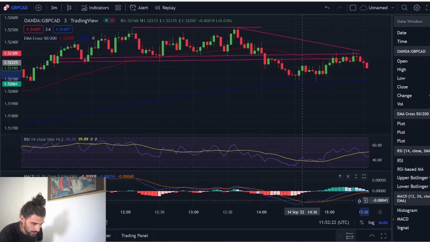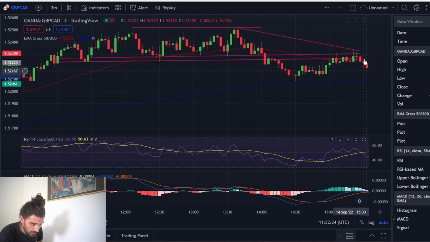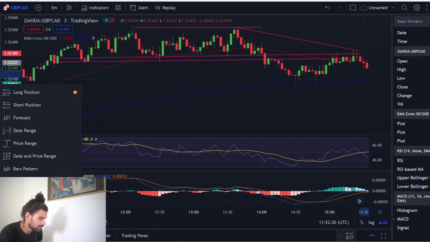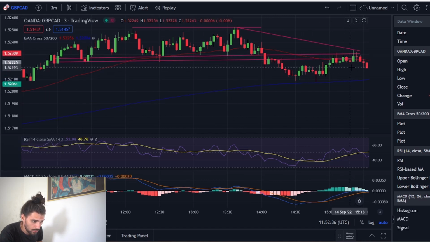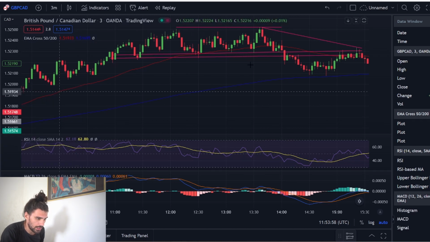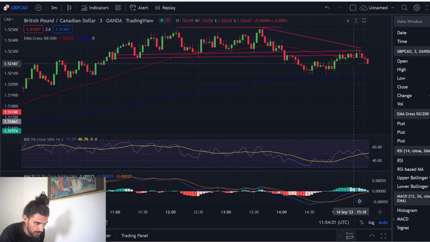Here the RSI turning below the 50 levels after this close again, and the MACD here looks like it will go to the downside. So since we broke the last structure right around here, this is now where I will enter my short. So now I'm entering my short position right here at the close of this engulfing candlestick below the 50 EMA,